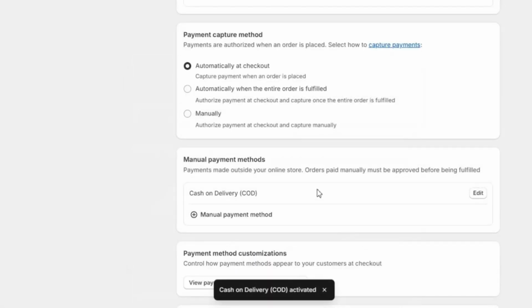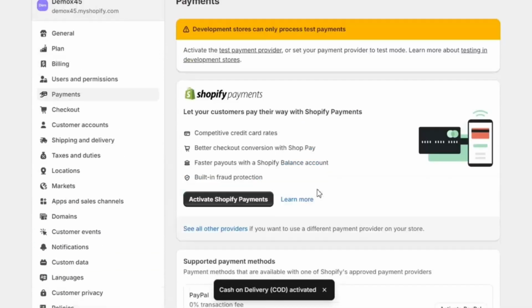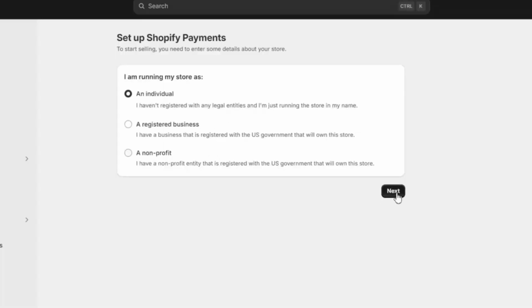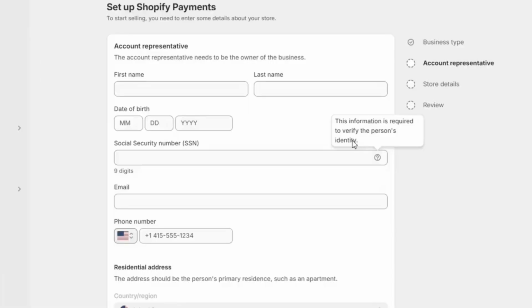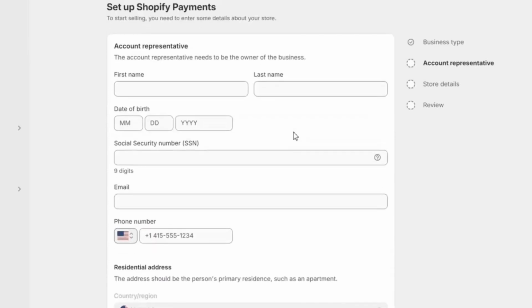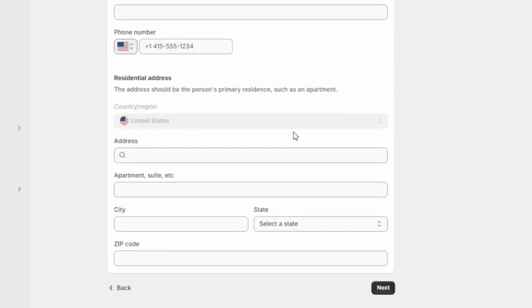Alright, now I only need to add a payment gateway. I can simply activate the Shopify payment gateway by clicking on this button, and then I only need to submit my business details to get approved. The best part about Shopify payment gateway is that it doesn't charge any transaction fees, which can actually save you a lot of money. But for now, I will not fully activate it, as I am currently working on a